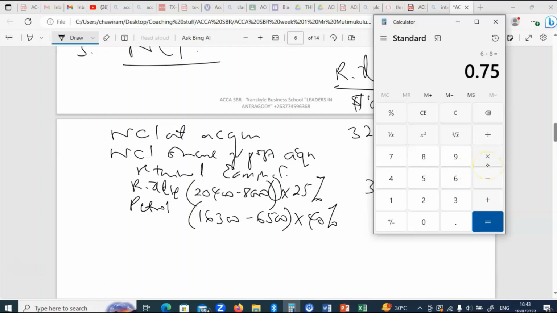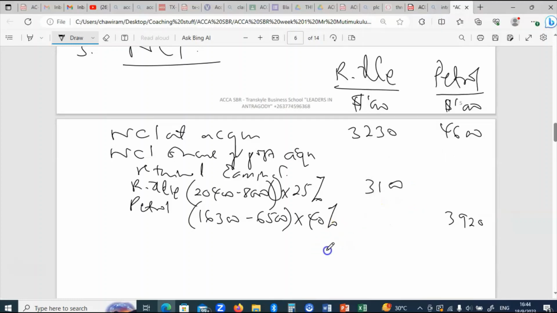We are talking of 16.3 minus 6,500. That's fine. And then we multiply by 0.4, 3,920. Yes, 3,920. And then we have to deduct the NCI